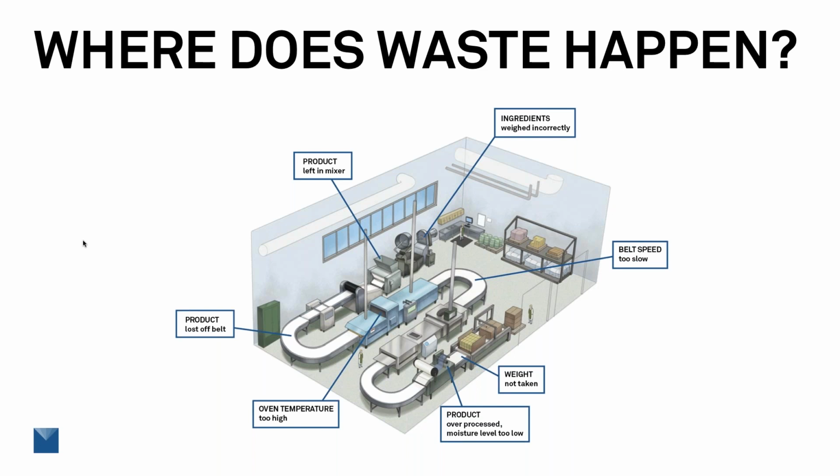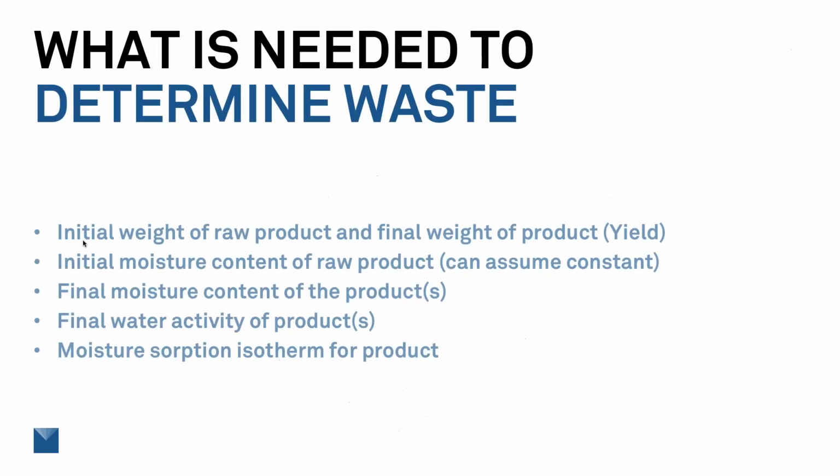If you track your belt speeds versus your water activities of the dough before the oven and after the oven, then it's possible to figure out what overprocessing is doing, and then make arrangements to fix that through changes in the oven temperature based upon water activity. Using a check weigher that captures all that data is a great way to figure out if you're having overpackaging issues, where you're selling product for free. So all that's critical to being able to get at this value of waste.